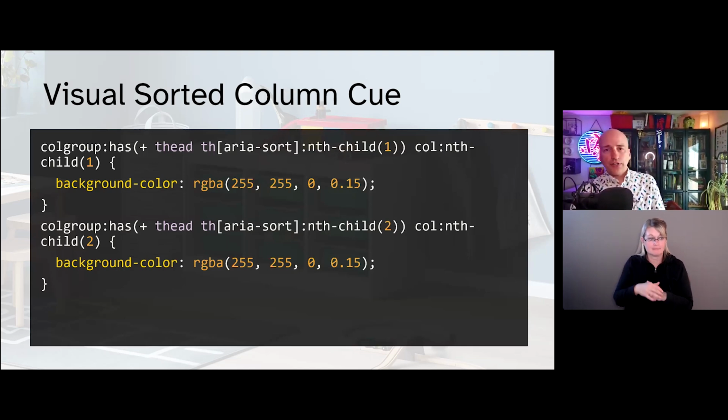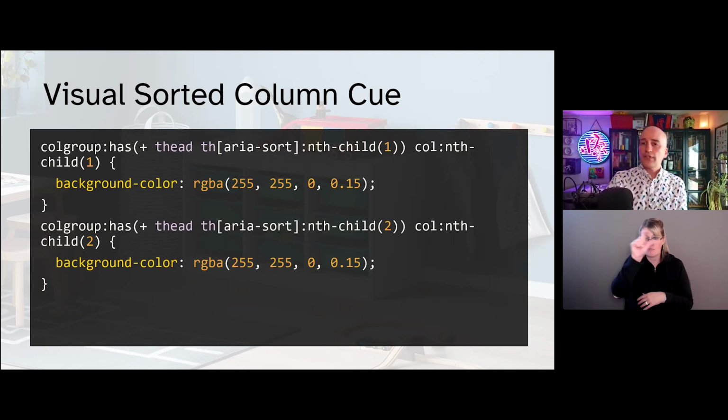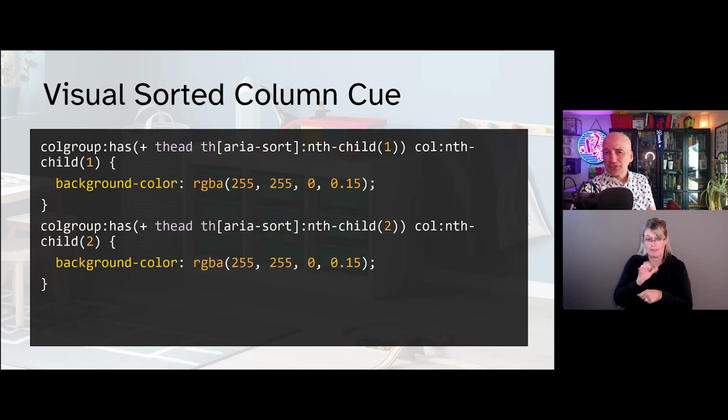Some CSS here. I like to style the background color of the column that has sorted. You could brute force this by adding a class to every cell in the column. That's just wasteful. The col element allows you to use CSS to set the background color of every cell in the column instead. You could use JavaScript to set the currently sorted column number in a col nth-child selector,